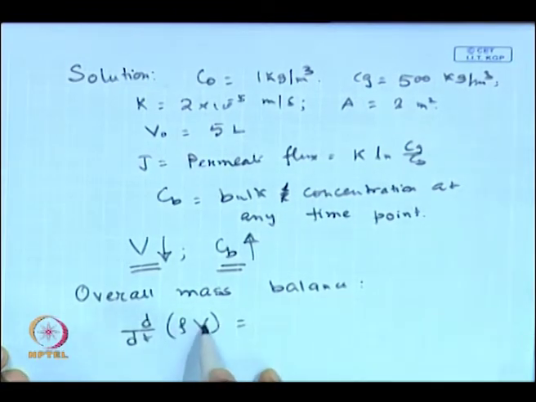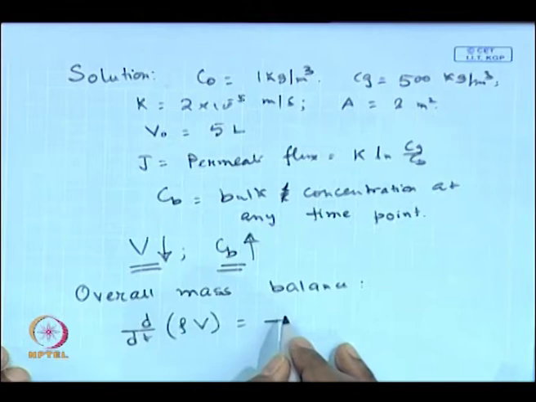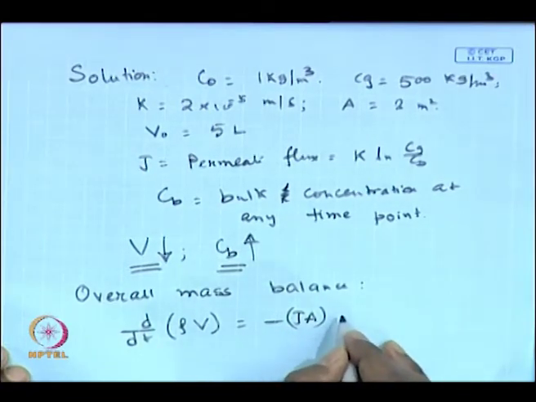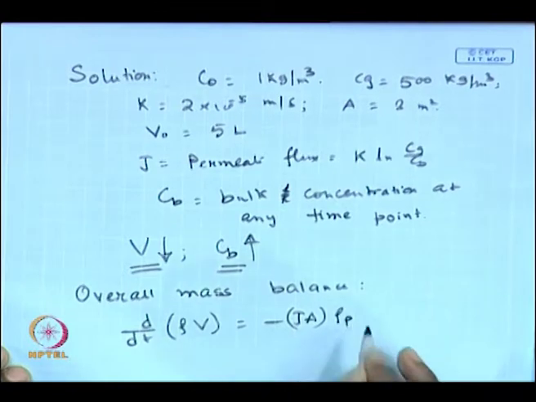So, rho times V is the total material at any point of time, is equal to minus, there is nothing called material in, but there is material out. So, rate of in minus rate of out. So, minus J times A, that is the total material that is going out in meter cube per unit time, you should multiply by the density of the permeate. So, that will convert it to the total material that is going out in kg per unit time, right. It should be multiplied by rho permeate.